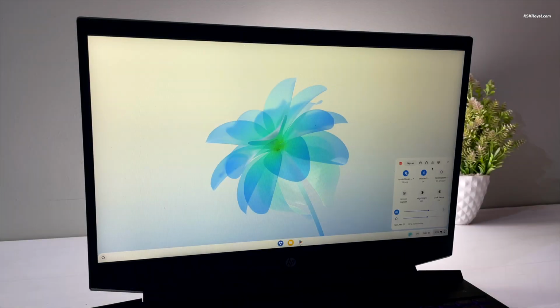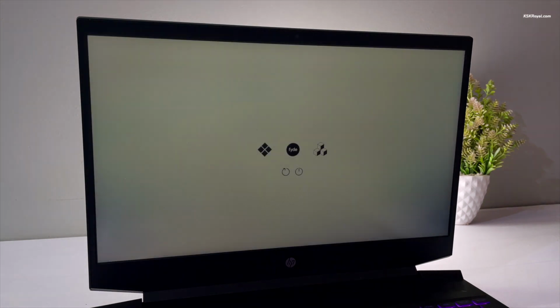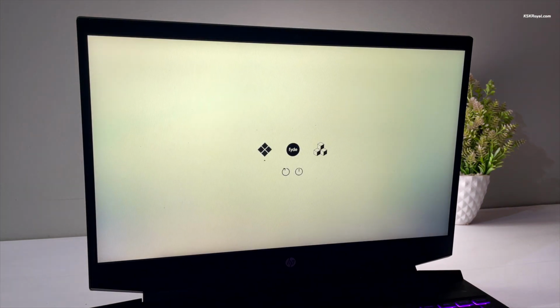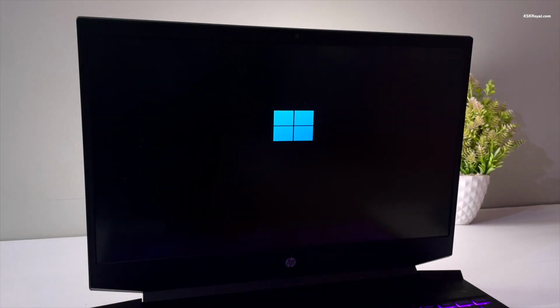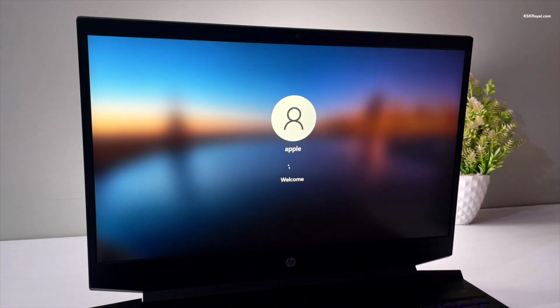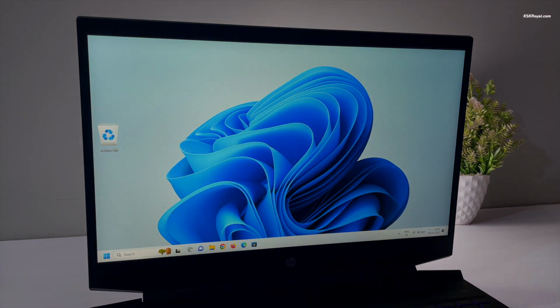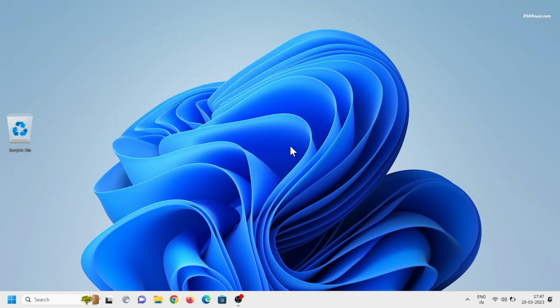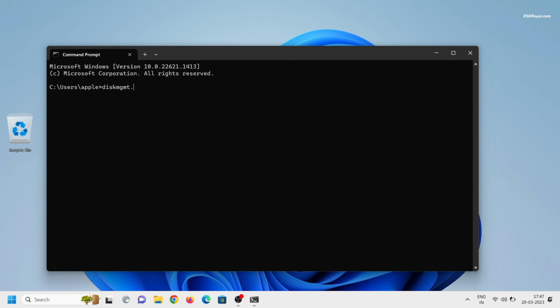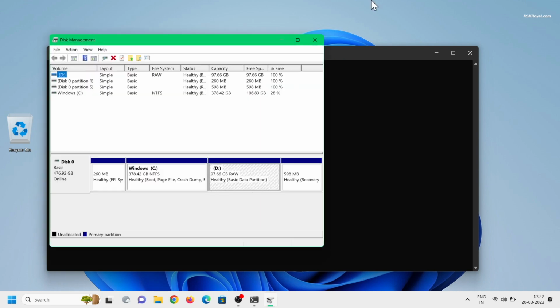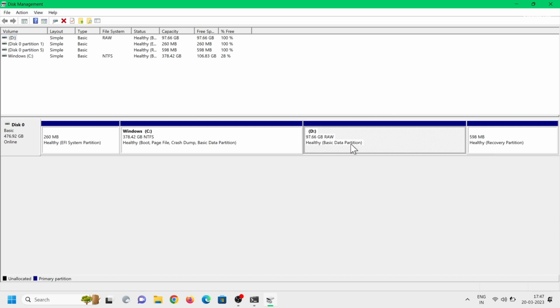As a bonus part of this video, if in case you don't like FightOS and decided to uninstall, then reboot your computer to Windows. Once you are inside Windows 11, open the terminal and type this command to open the disk manager. Here, in my case, next to the C drive, there is one partition coded as raw. We need to delete this partition. You can merge back the free space to Windows 11.